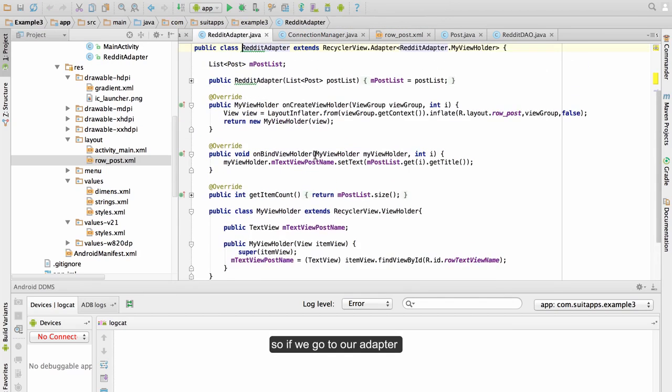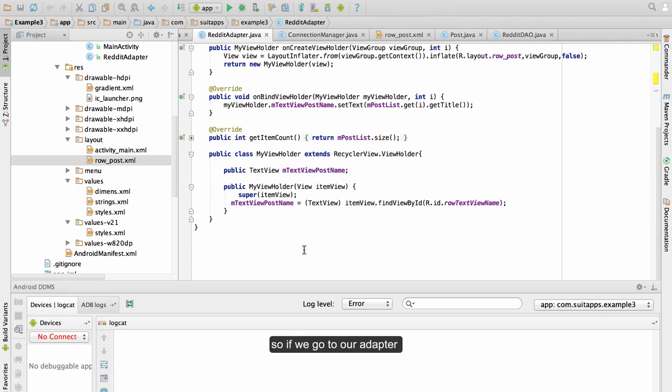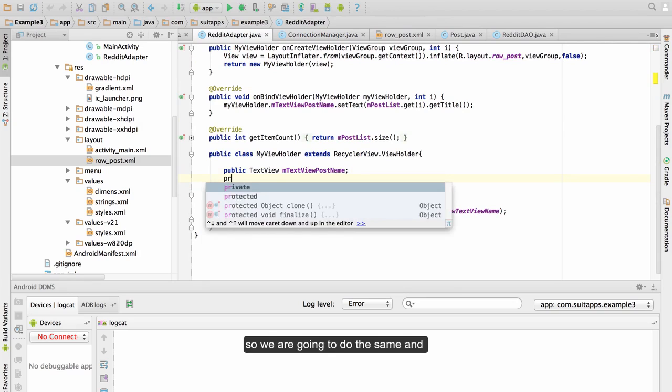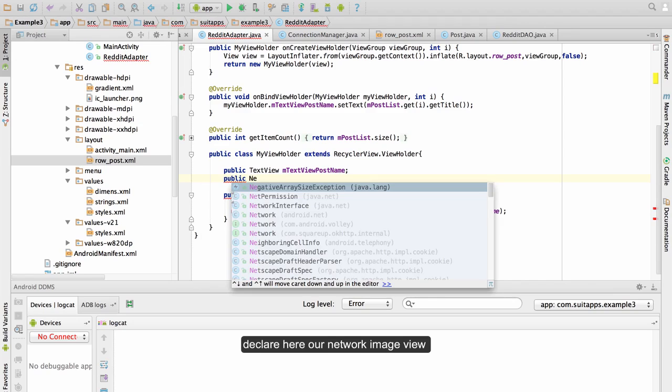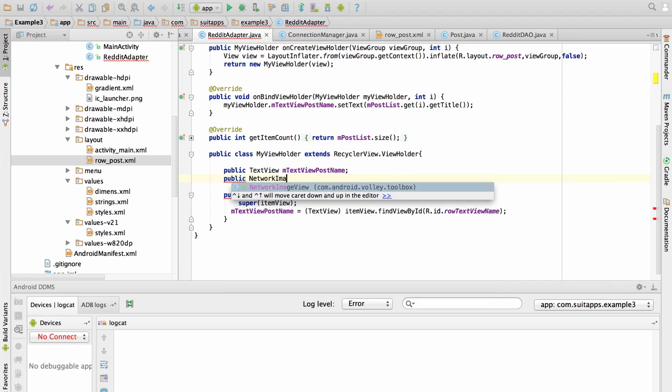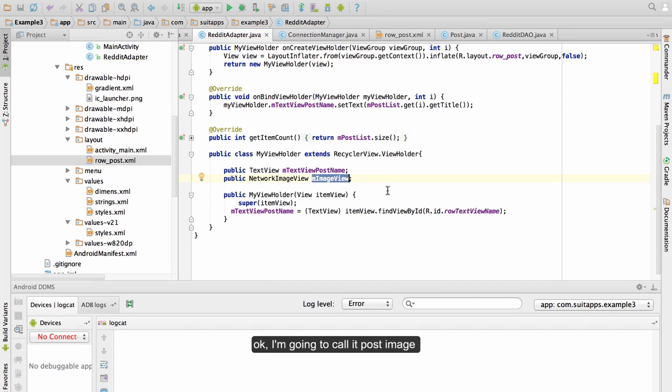If we go to our adapter, we have a view holder here with the text view. So we are going to do the same and declare here our network image view. Okay, I'm going to call it post image,